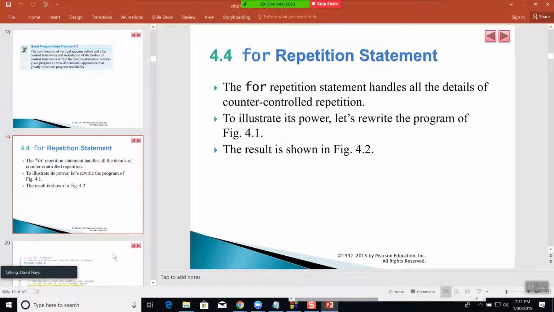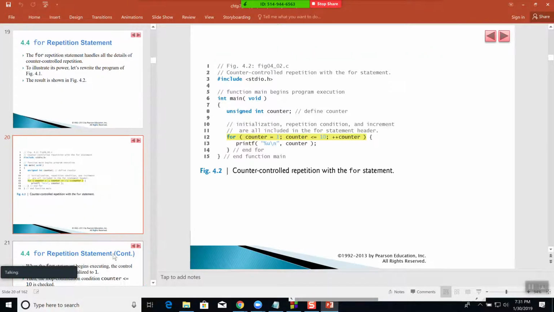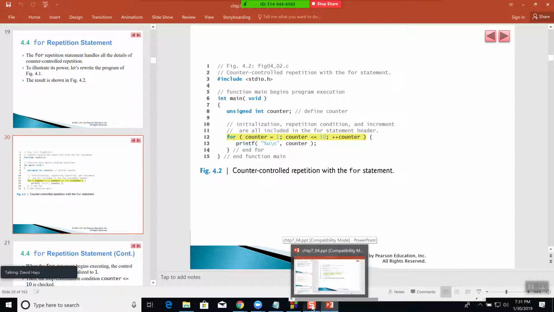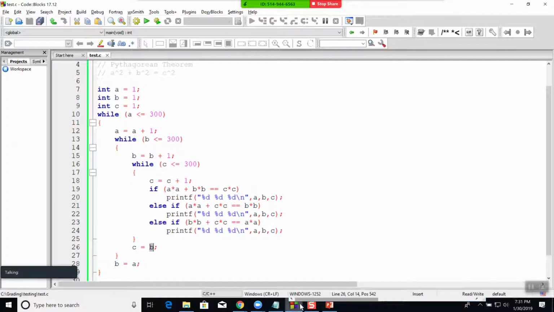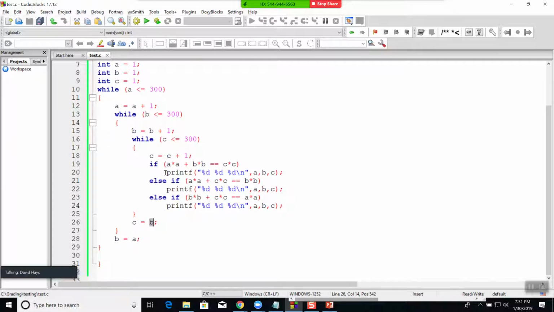Okay, now here's the one that's preferable to use if you can. Sometimes you have to use a while loop, because maybe you want the total control. Maybe you don't know when you're going to stop, like those sentinel controlled ones. A for loop has all of it contained within one line. You got your initialization, you got your check, and you got your increasing or decreasing, whatever the case might be. So, for example, here I found all the Pythagorean triples, and it was pretty clumsy. Instead of doing it that way,